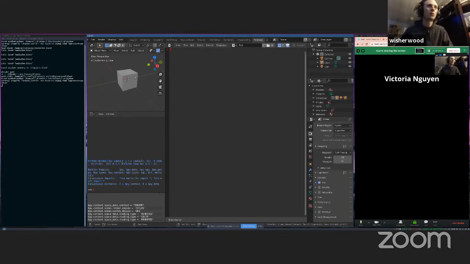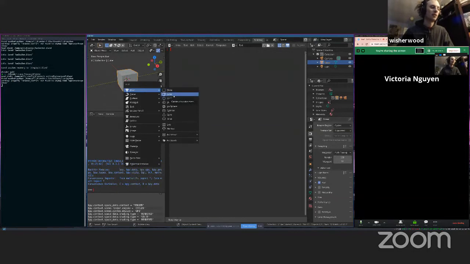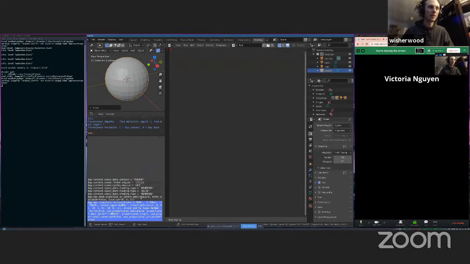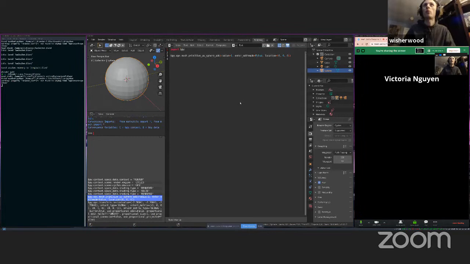Essentially the way that this works is, here I have my default cube and I can do all of the standard Blender stuff, but anytime you do an action, for example, let's just do Shift A and spawn a sphere. Now if I spawn the sphere, I can see in this part of the bottom, it will spit out the code that you would need to spawn that sphere. So it looks like you add a primitive UV sphere mesh, and then you can have all these parameters. The radius is 1. The location is 0, 0, 0. So I'm just going to copy that and put that at the top of my script and import bpy,